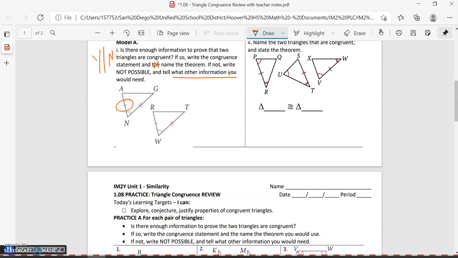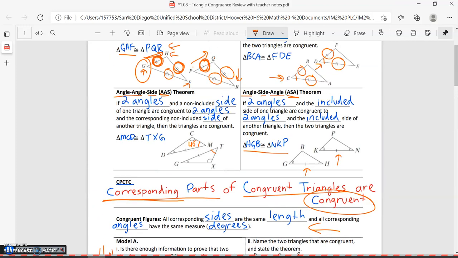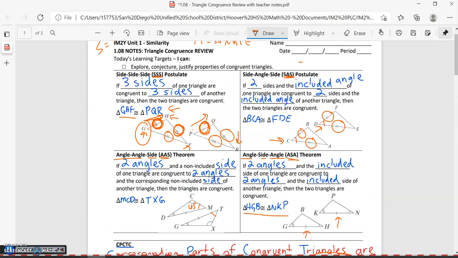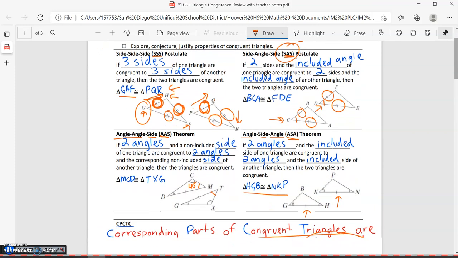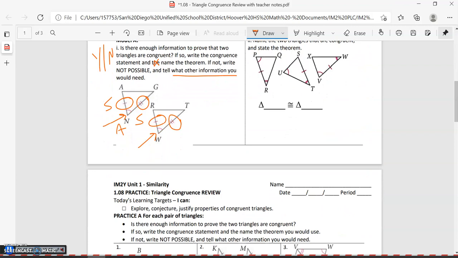We have a single line side there, which is congruent to that guy. Then we have a double line side, congruent to our other double line side. And we have an angle in between both. That's congruent. So we have, sorry, that's not A. It should be side, angle, side. So do we have a theorem that is SAS? Let's go back to our notes, check it out. And here is our SAS. So we do have two congruent triangles. So it's yes,